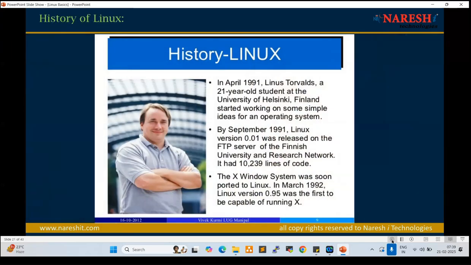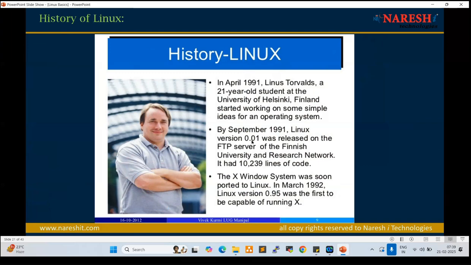So in April 1991, Linus Torvalds, a 21 year old student at the University of Helsinki, Finland, started working on some simple ideas for an operating system. By September 1991, Linux version 0.01 was released on the FTP server of the Finnish University and Research Network. So Linux first version 0.01, right?